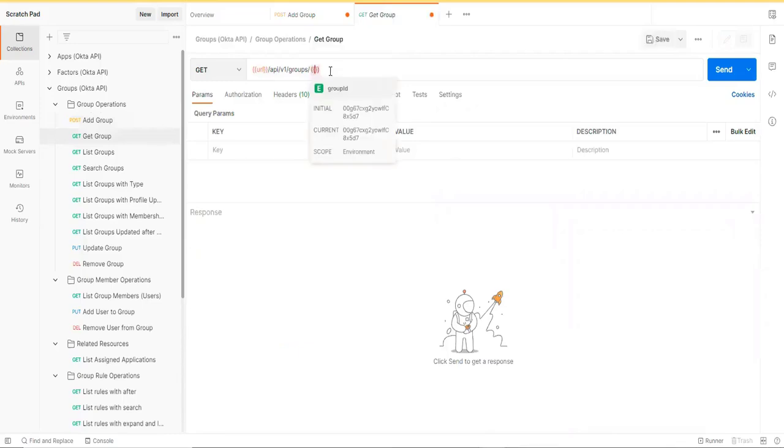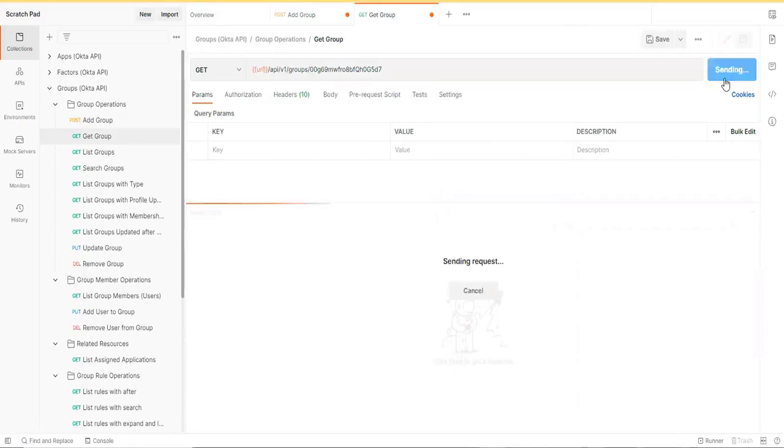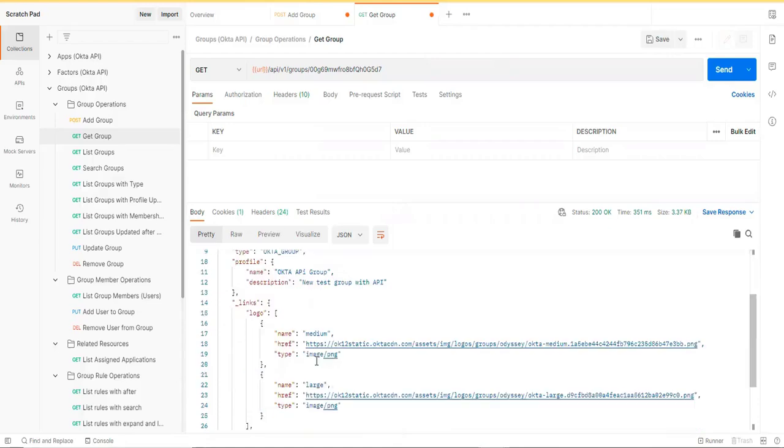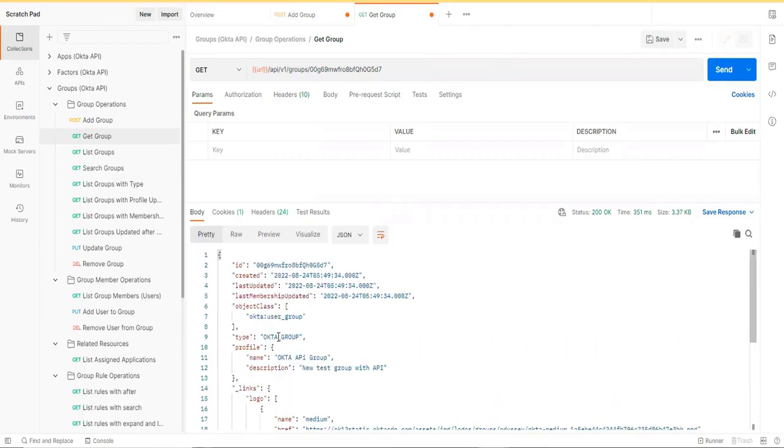Make sure it is here. Click Send. You will get the group information: what is the group name, what is the description, and from which source the group is being maintained. Those things we can see.